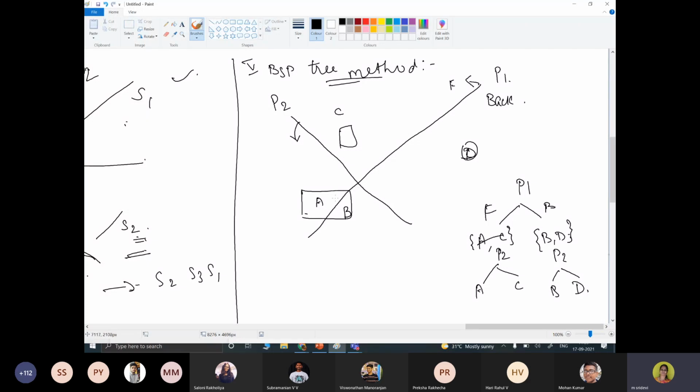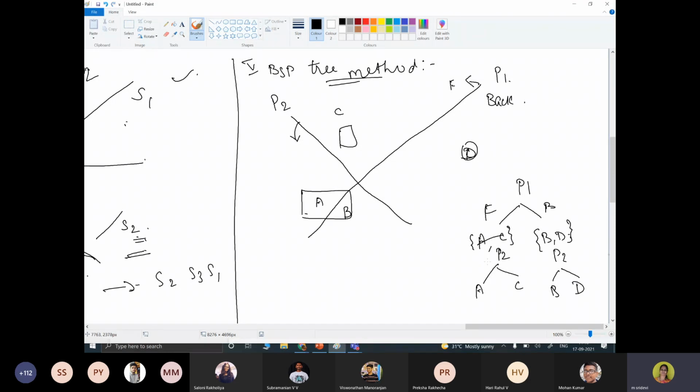Suppose while you draw the line, I am drawing P3. If it is making and again the object is divided into two portions, again you need to construct a tree. Again you have to consider that information and make a tree. From this tree information, you can easily say what are all the objects that can be viewed, and this will be very useful for finding out the visible surfaces with respect to front and back view.